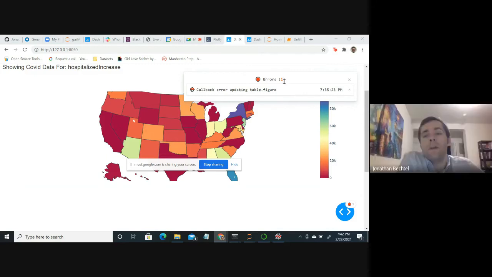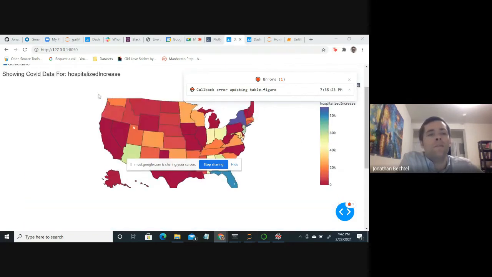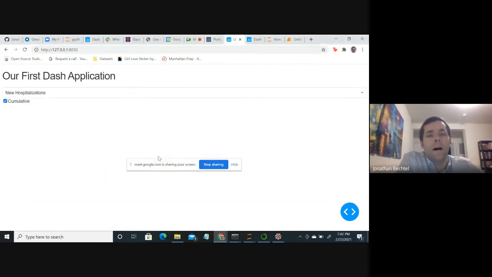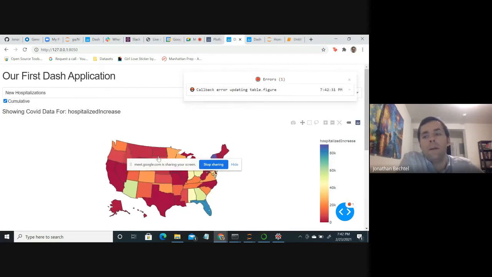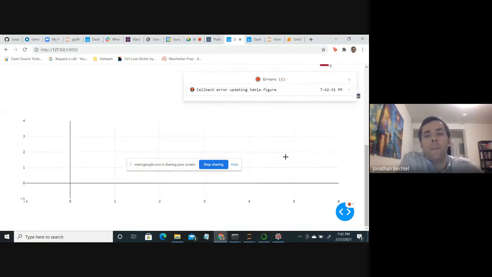For whatever it's worth, in the lab it's going to ask you to rectify that. It's not a huge deal, but what this means is if you were to refresh this, this chart on the bottom over here is just going to be an empty graph because literally there's nothing to return. It's kind of a small detail, but usually at the very top of your callback,